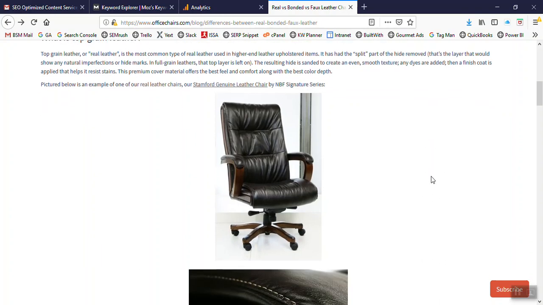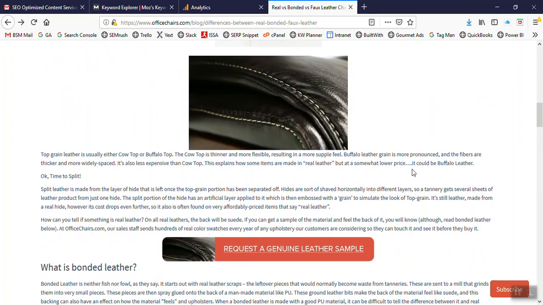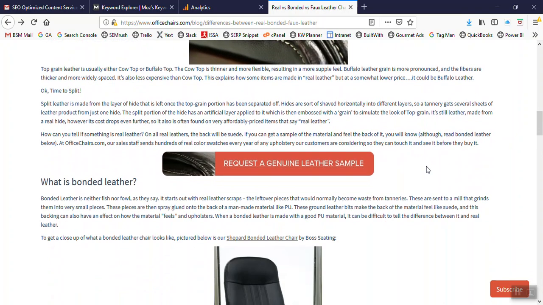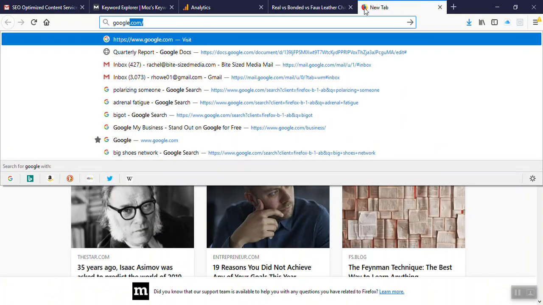and topically related. So, if somebody's typically talking about PU leather, what else are they also talking about? Are they talking about genuine leather, or are they comparing PU leather to bonded leather and genuine leather? And are they talking about the texture of the leather? Are they talking about how you clean the leather? Things like that. Make sure that you include those,